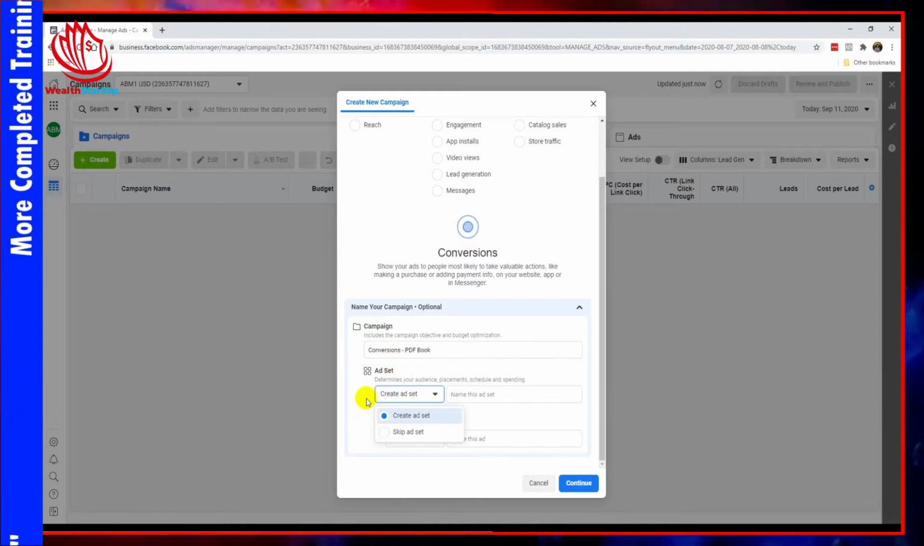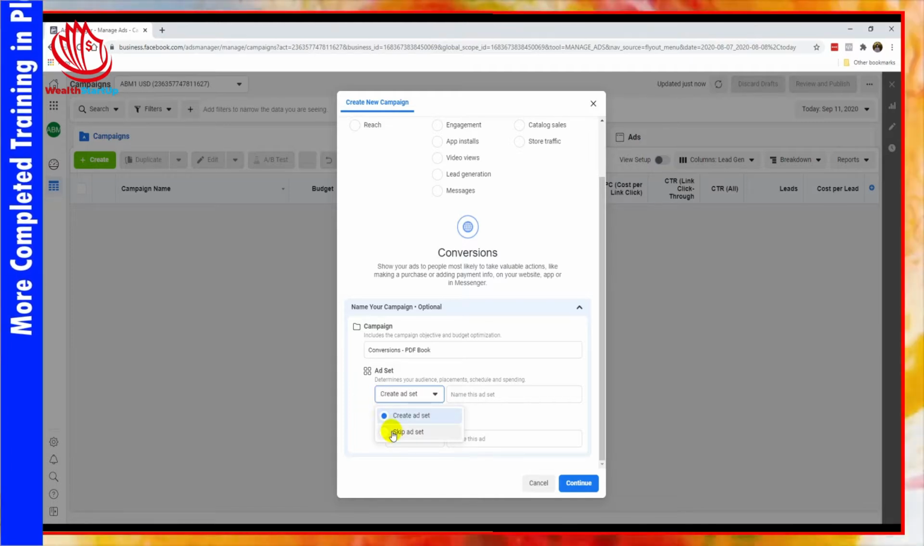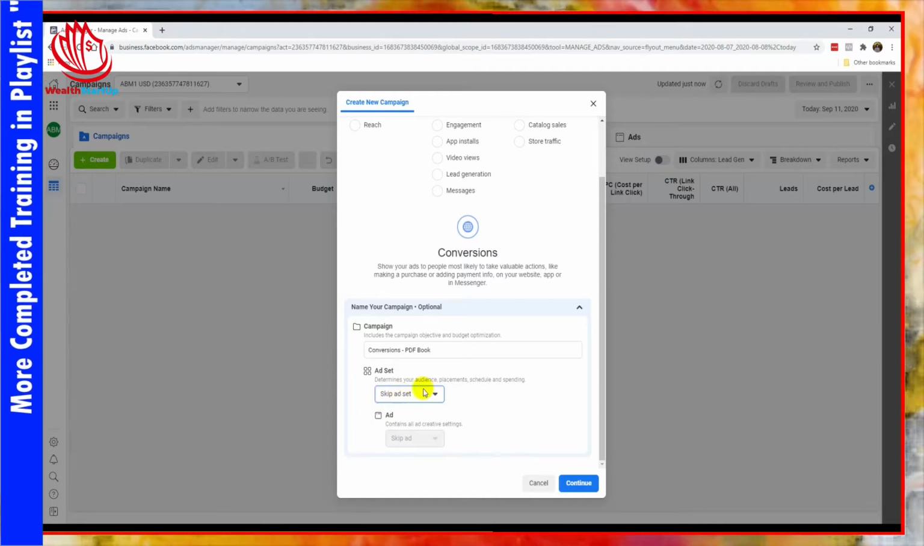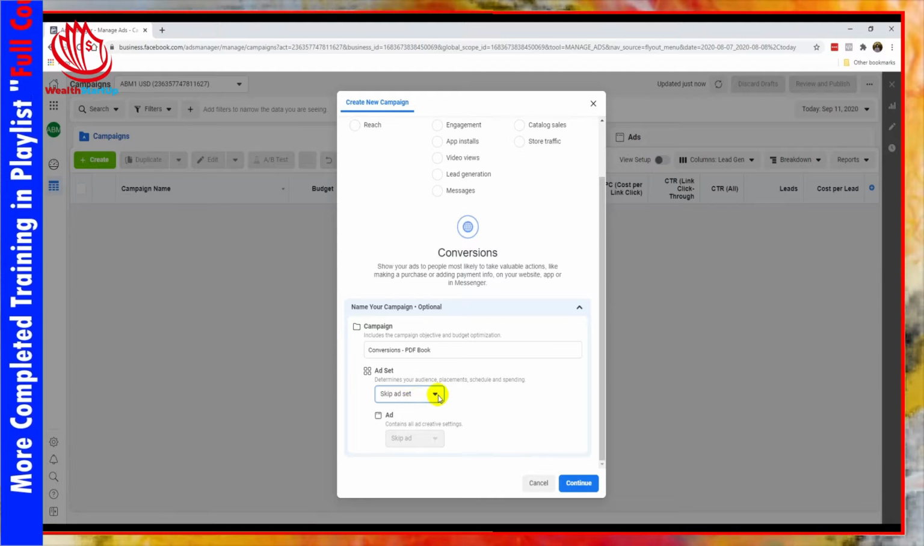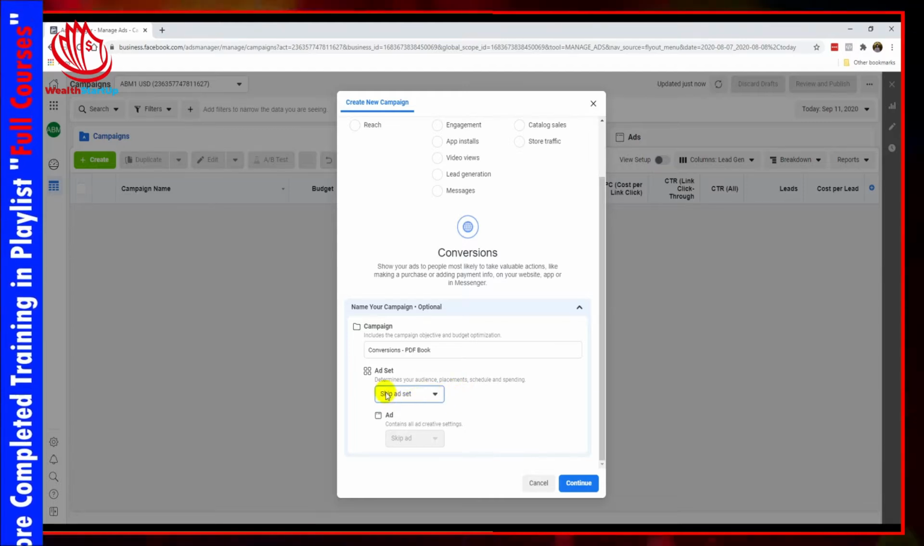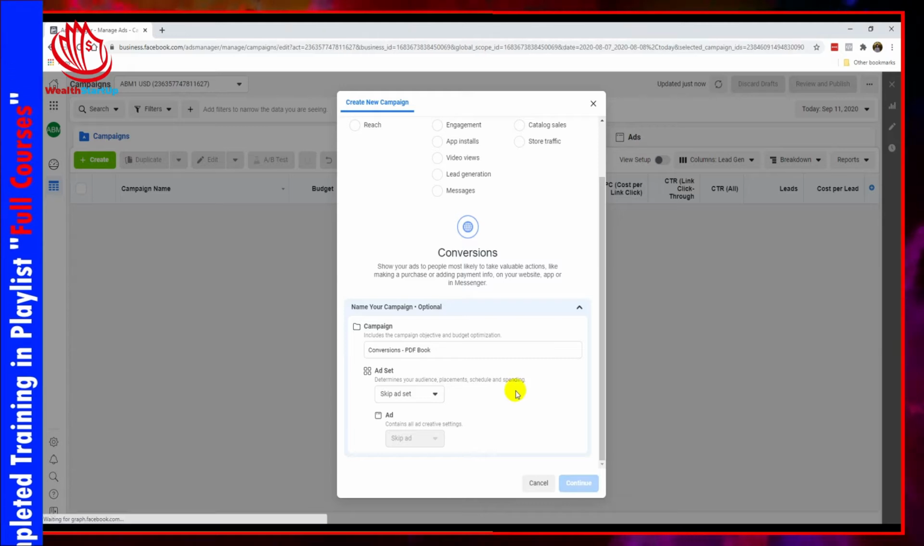Now, this is a bit too early to set up right now. I'm just going to click on skip ad set, because this is quite a setup on its own. You have to be thorough about it. There's no point giving it a name right now. Let's skip this part. Click on continue,